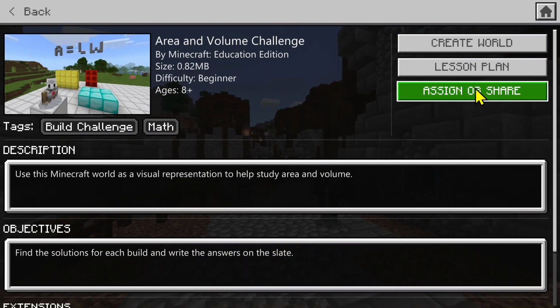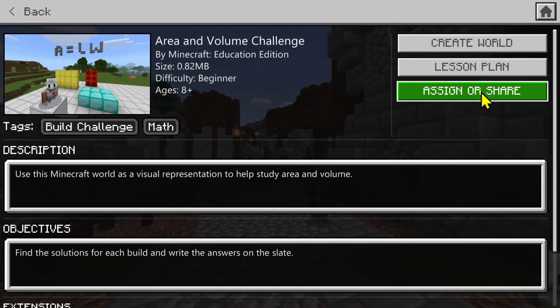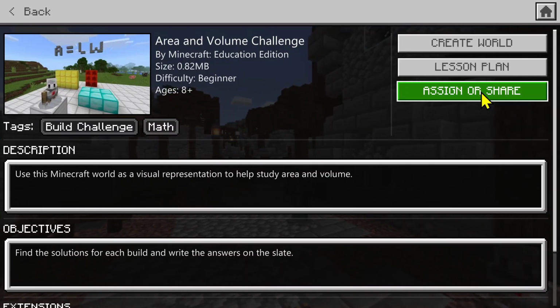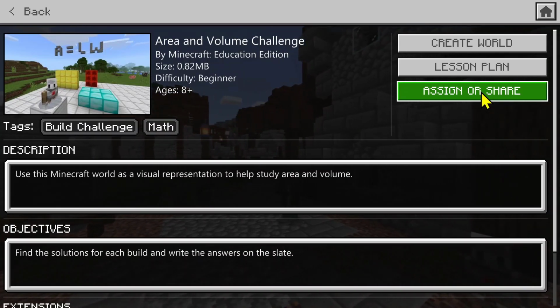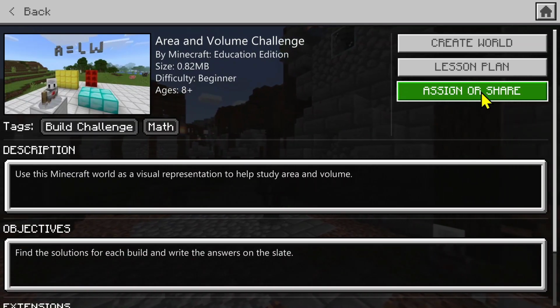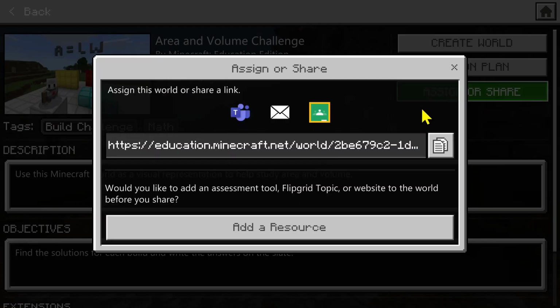I can also assign or share this directly to the students. So rather than ask the students to log on, go to View Library, go to Build Challenges, search for area and volume, I can just click Assign or Share. And I can copy this link and put it into my learning management system or turn it into a QR code. I can publish it straight to Microsoft Teams if I'm using that with students, and there's some other options